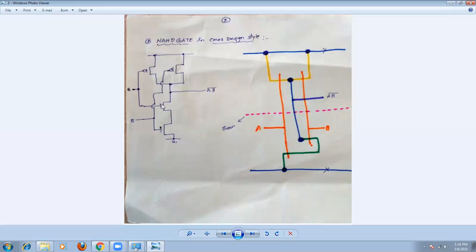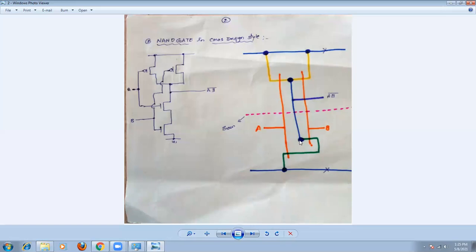Next, the drain of this transistor, the top of this transistor, and the drain of this transistor will be joined together. The P and N channel transistors are joined together, but this will not cross the demarcation line. No diffusion path will cross the demarcation line. So for this case, you take a metal layer and join these 2 points. This is source, this is drain. So join these 2 by the metal and join this point here, the drain of the N channel. This is the connection.